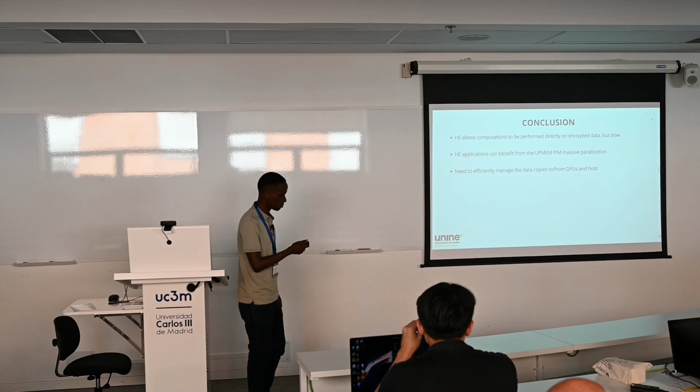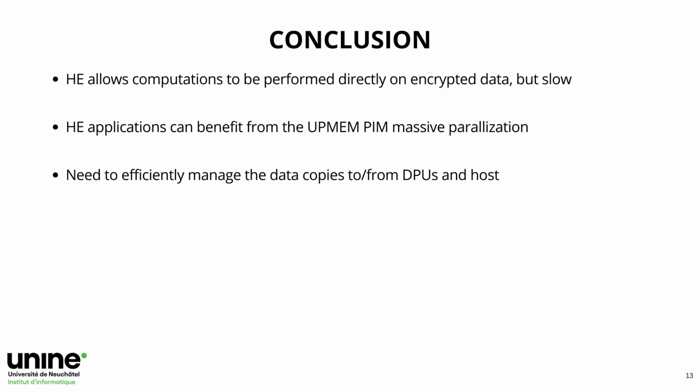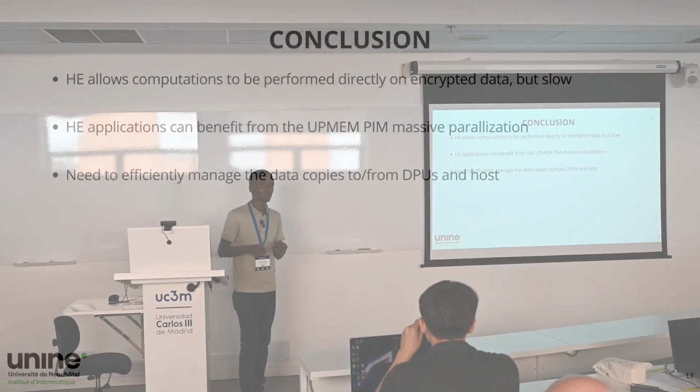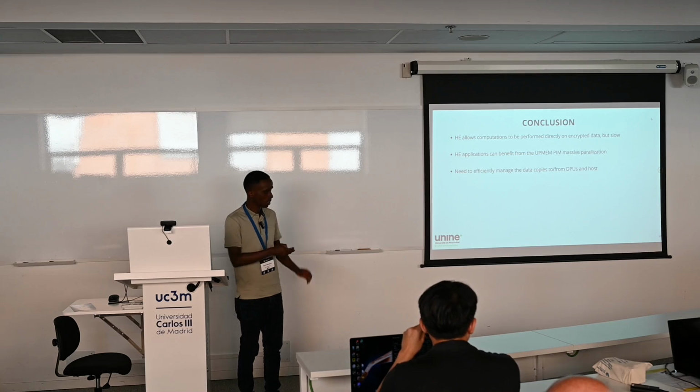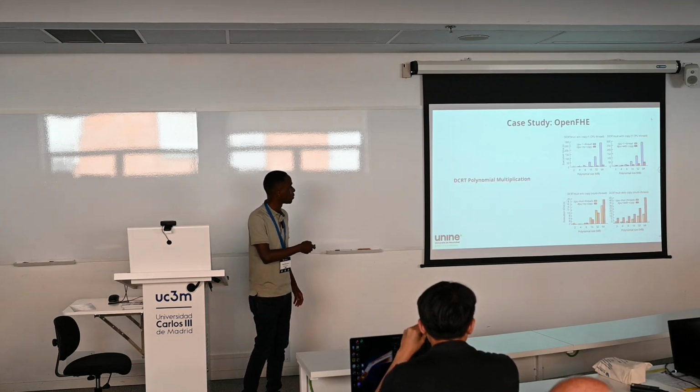So my conclusion is that with homomorphic encryption, we perform computation on encrypted data, but it's very slow. Still, it's an open problem to find accelerators to accelerate homomorphic encryption to make it more usable in different scenarios and applications. HE can benefit from UPMEM PIM massive parallelism. To be more precise, with the two results we have for polynomial multiplication and polynomial addition, what we can do is